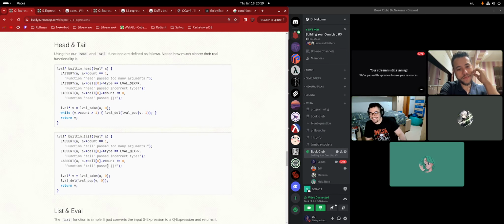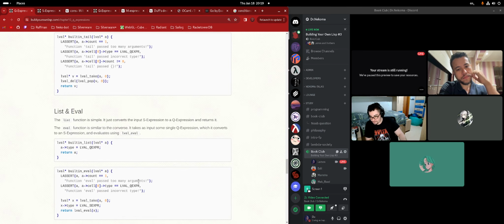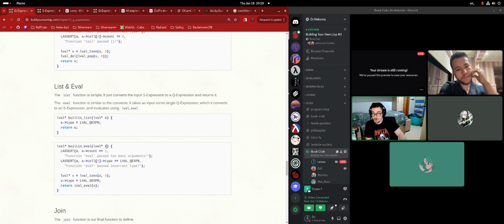Okay, this is the same code as before. Now, this is why we got confused in the beginning. So he's actually going to make a built-in list keyword. When you're creating a list, you receive the arguments and just put the type as a Q expression. This is the new built-in eval apparently.